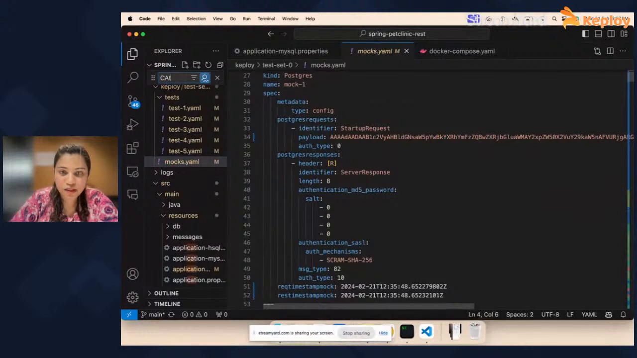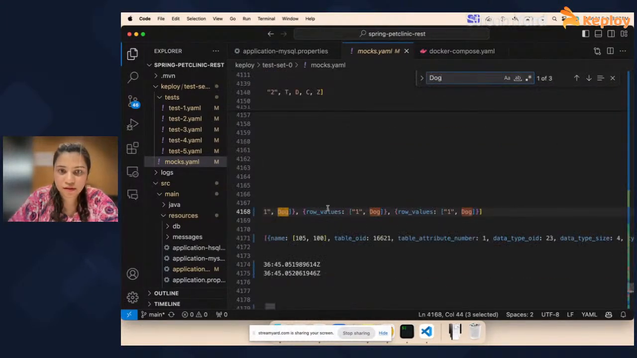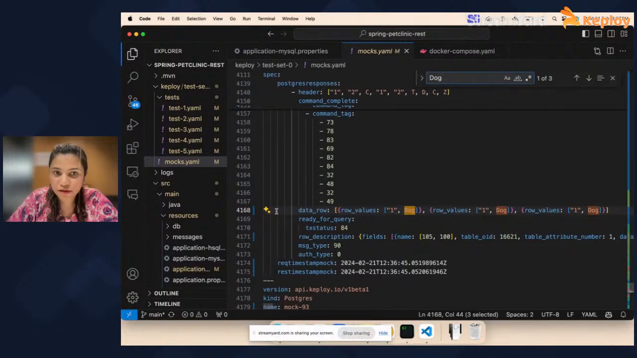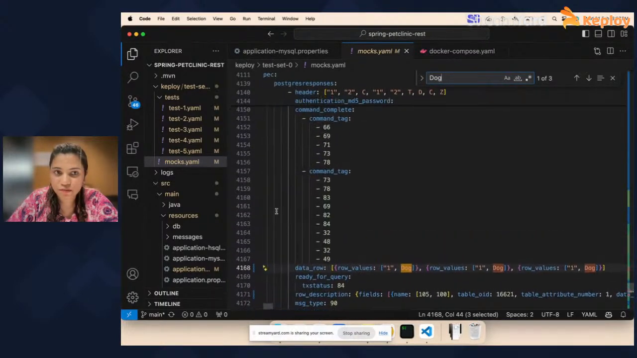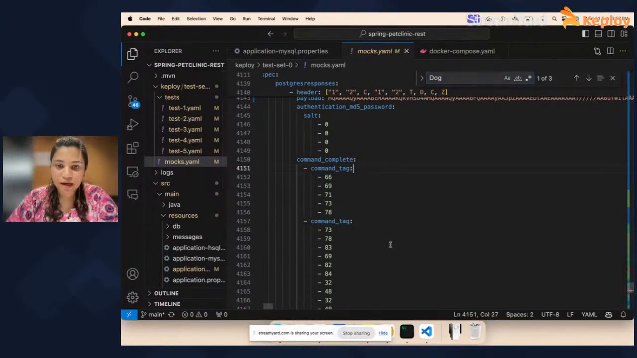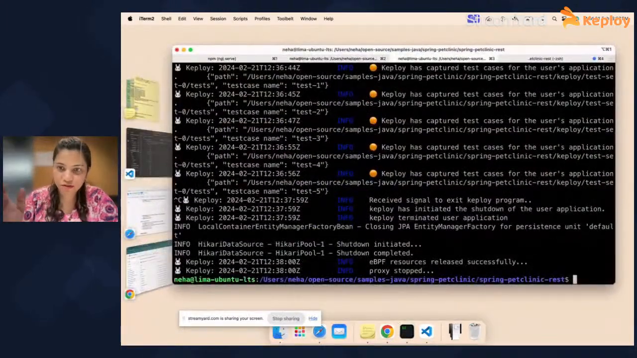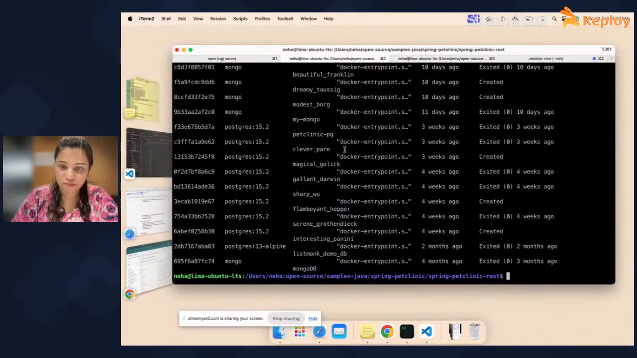So if you see, we added a dog. You would see that there are data row values which were stored in the Postgres, and those queries also got stored as mocks. Now, what we can do is go ahead and stop recording by just stopping this, and we can shut down the Postgres DB. So I'm going to stop my Postgres DB,